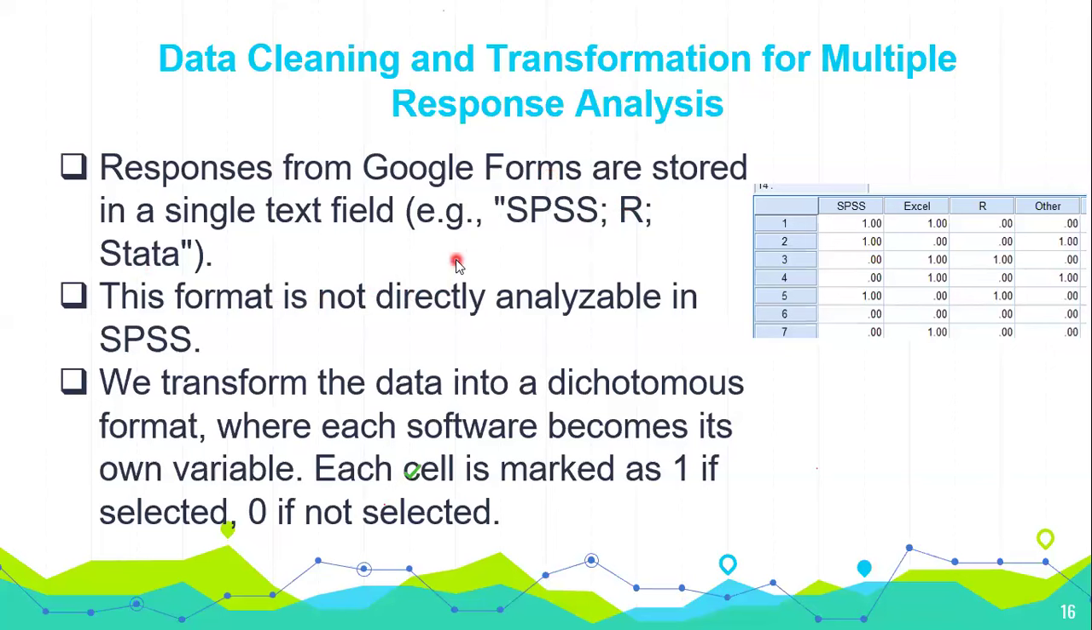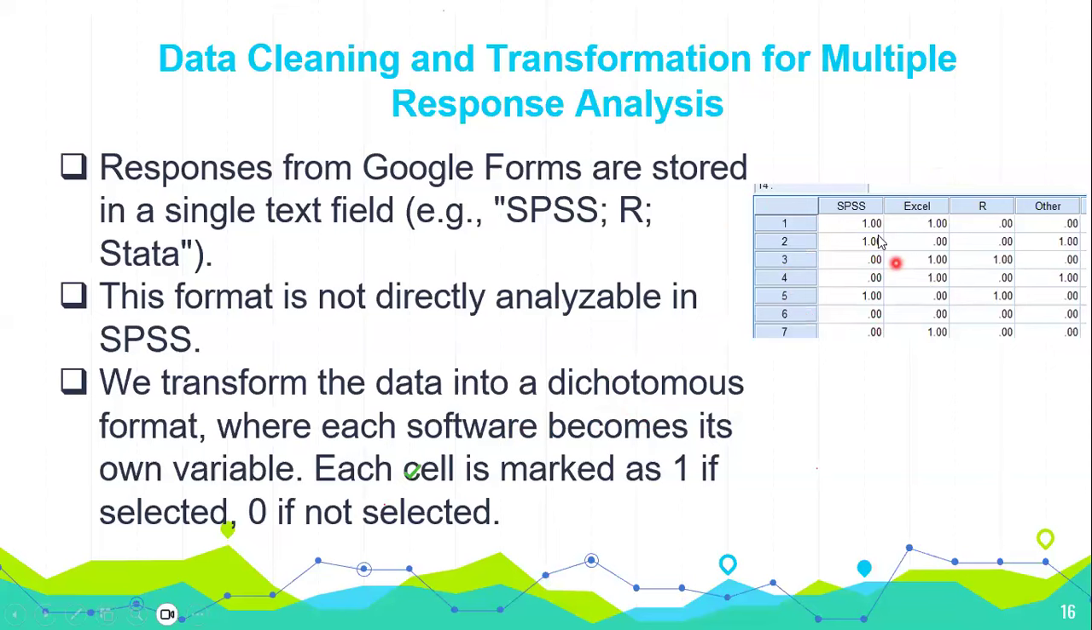So you cannot import this or copy and paste this in SPSS. It's not going to analyze. This is not the form in which SPSS analyzes data. So we have to do what we call data transformation and coding. We have to transform the data into a dichotomous format. Dichotomous means two groups, either a yes or a no. Dichotomous data is an example of nominal data. So we have to transform the data to this form, like we can see